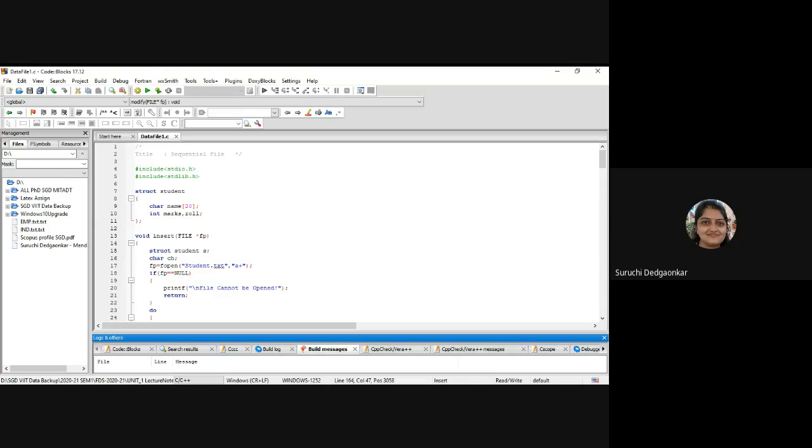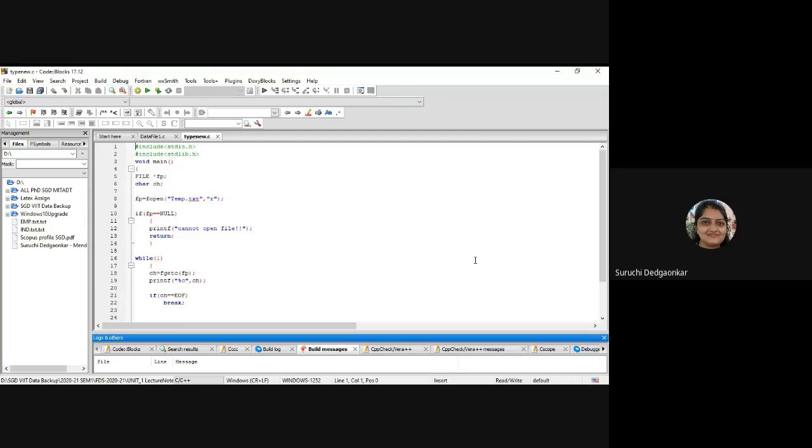I will open a program. So this concept is called command line arguments. We know that we have certain commands. What is a command?